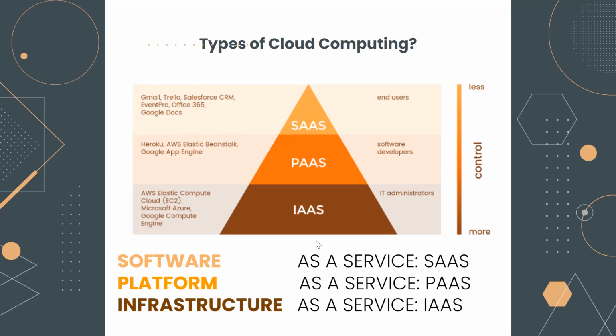Meanwhile, infrastructure as a service, you are getting access to the server itself. And this gives you the highest level of control. And you can see which levels are meant for which kind of consumers. Software developers usually use platform as a service. IT administrators usually use infrastructure as a service. And software as a service is mostly for end users. And that is generally how the hierarchy works for the different types of cloud computing. And we'll show you some examples of this in AWS in just a second.